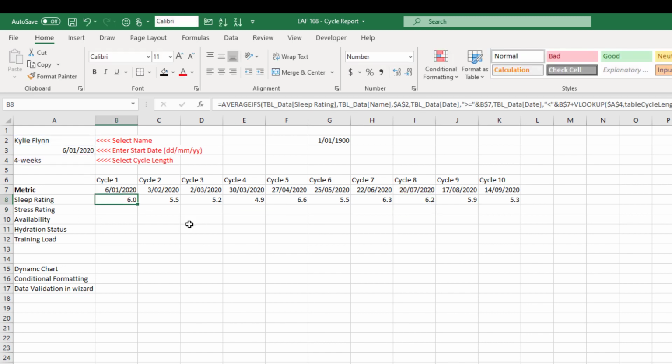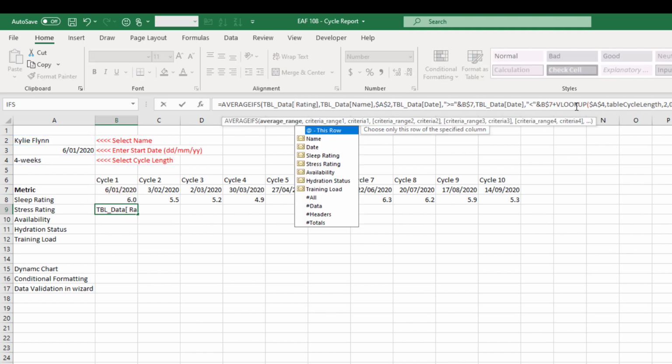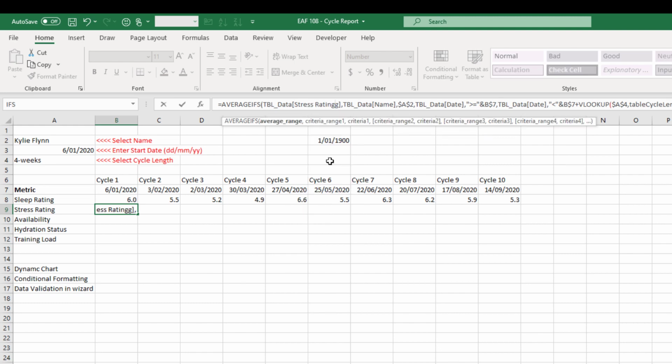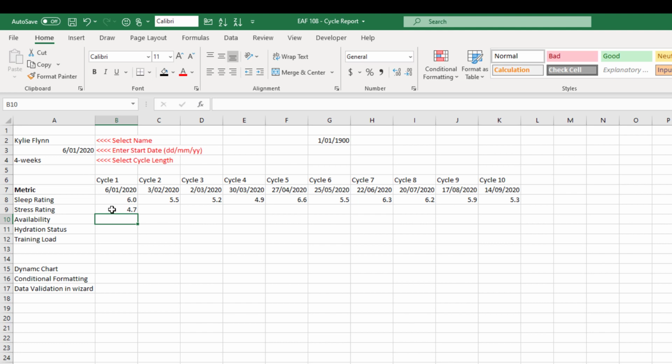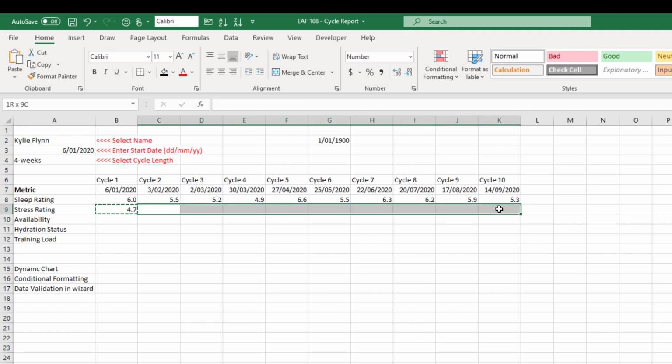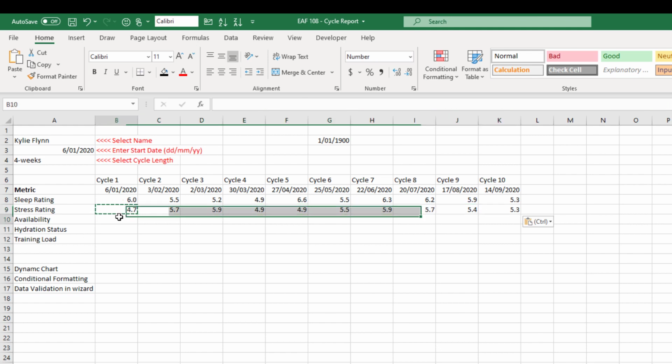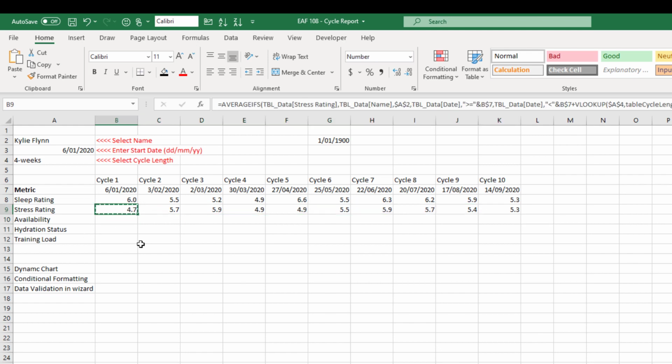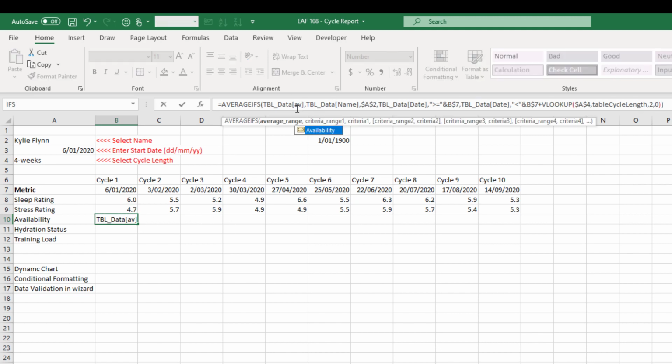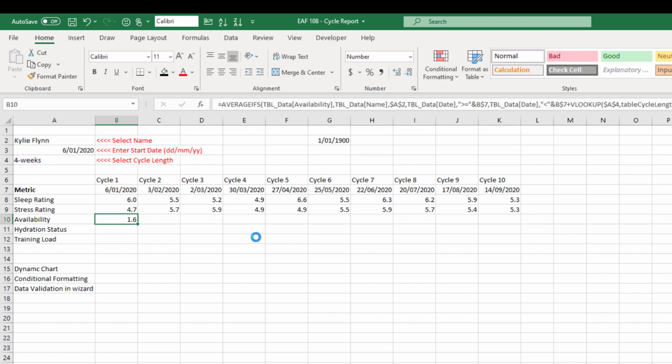So what I'm going to do now is the same thing. I'm going to copy and paste that down. The only thing I need to change here is the average column, and that is now stress rating. Copy, paste. Availability, same thing. We can simply change that field, everything else stays the same. Copy,